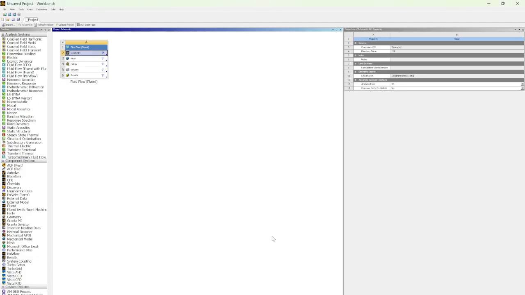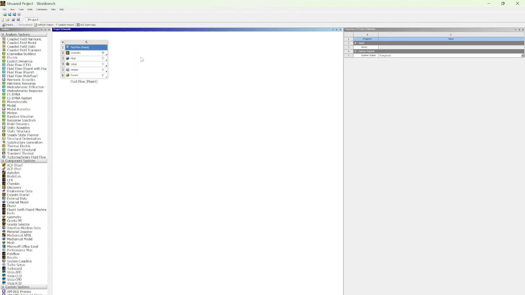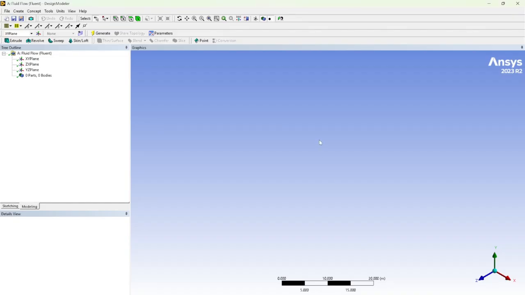Hello guys, today we're going to be doing a simulation with three different types of flow going over a cylinder. We're going to be doing an inviscid flow and two types of viscous flows, both laminar and turbulent. And we're going to start by making our geometry